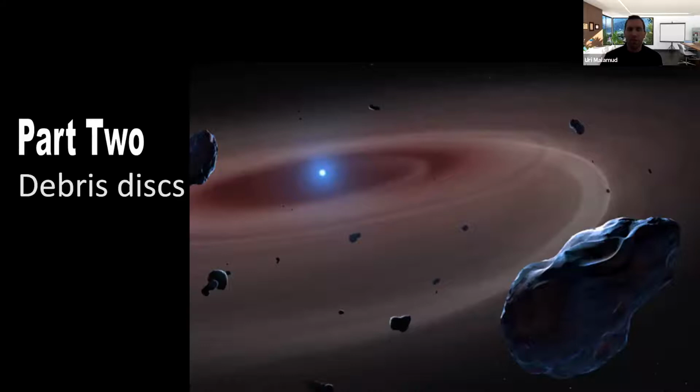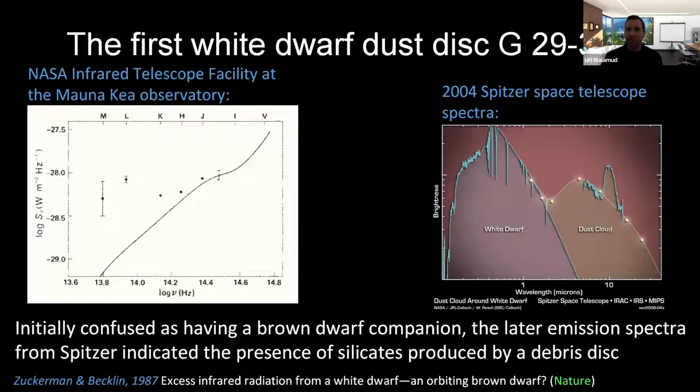So in part 2 of the talk, I want to talk about the environment of the white dwarf. Again, I will go through some of the milestones in this field. The first paper that discusses the environment of white dwarfs comes in 1987. This is the first discovery of infrared excess. What you would expect to find is just the normal black body spectrum of the white dwarf, but you see some excess in the infrared.